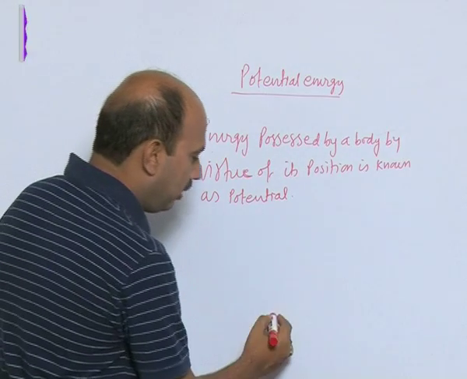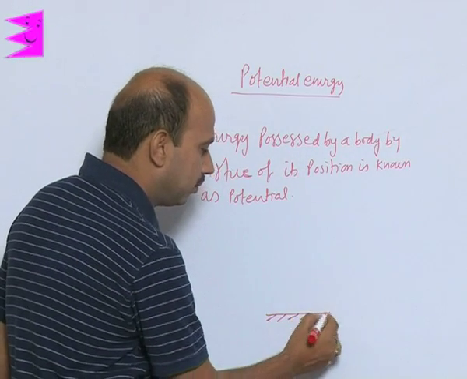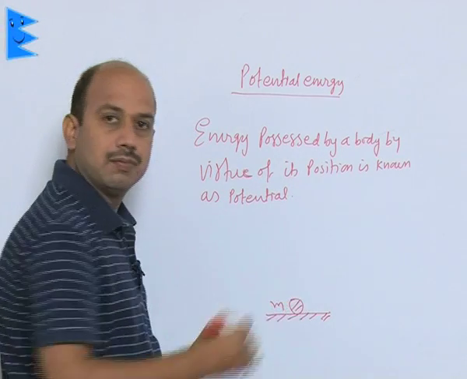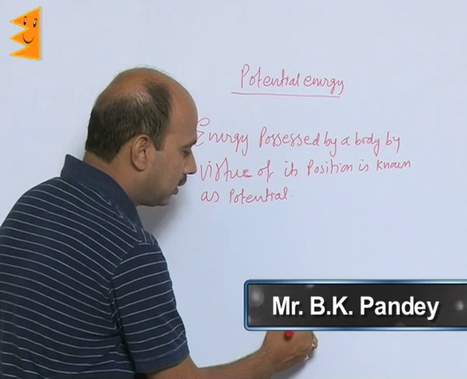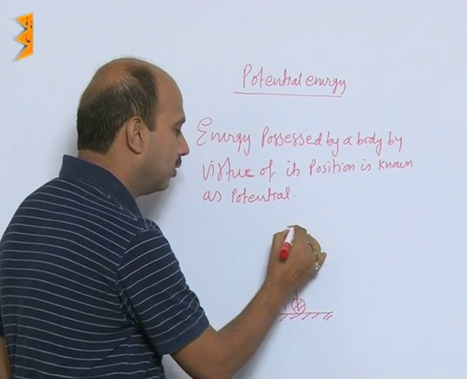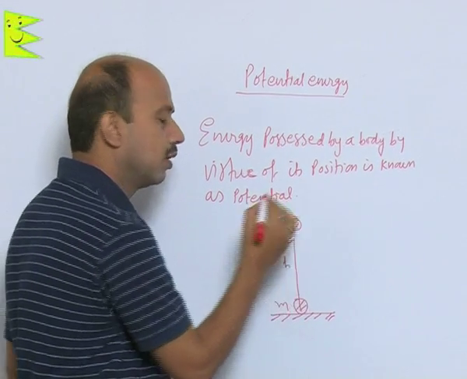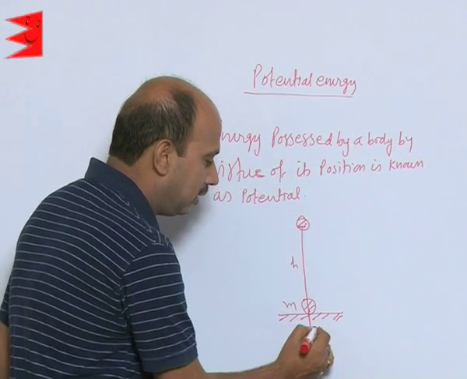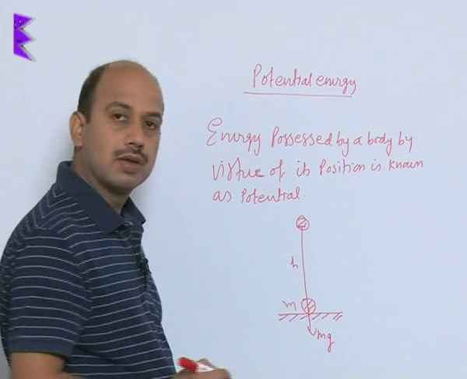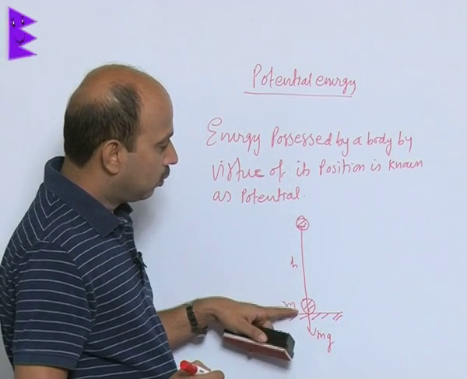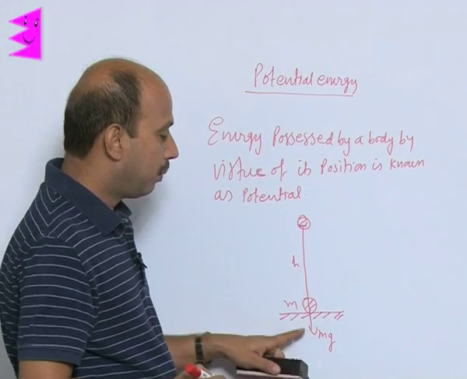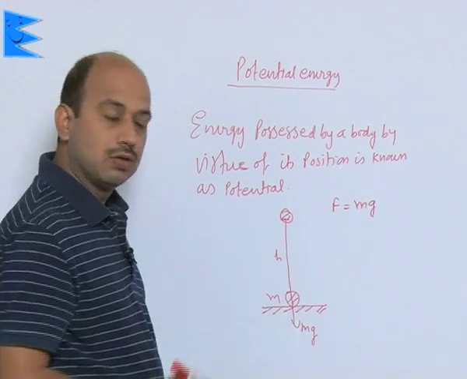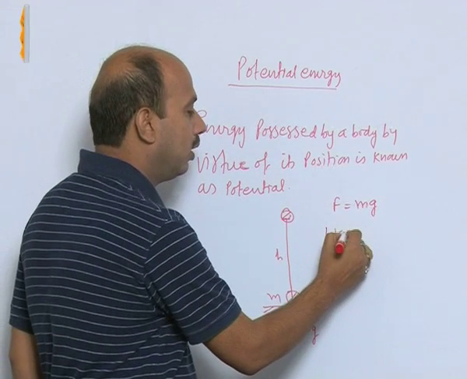See, if you take here, this is the ground, an object is placed here whose mass is m, and this object is raised to the height h. Then some work has to be done because gravity, the weight, is acting downwards. So to lift the object to a height h, at least we need to apply a force which is equal to mg. So now we can write work done